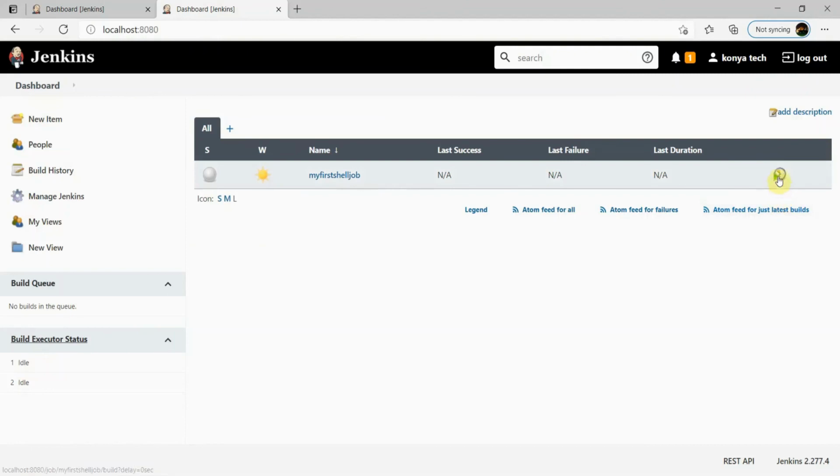What happens once we click this is that it will start executing the shell commands for the related code.